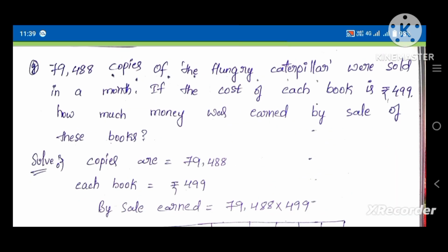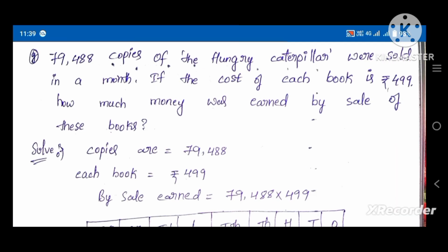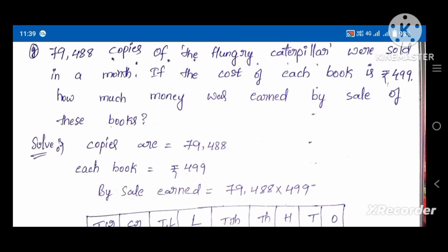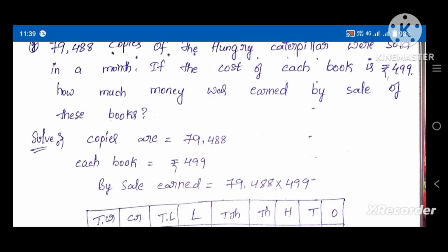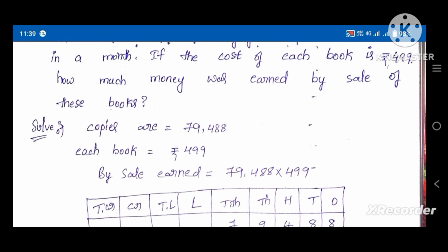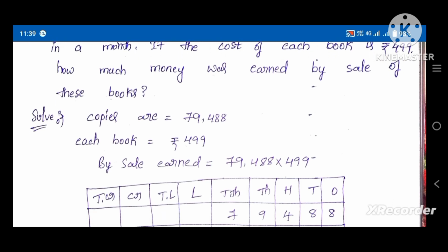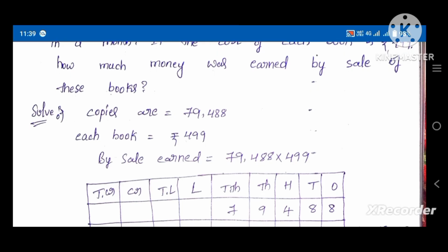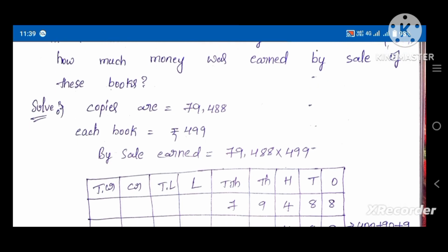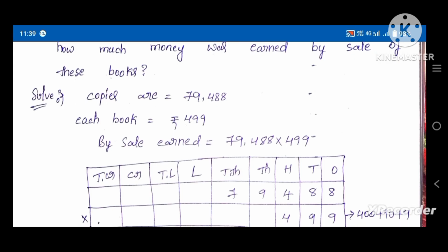Next question. 79,488 copies of The Hungry Caterpillar were sold in a month. If the cost of each book is rupees 499, how much money was earned by sale of these books? Copies are 79,488. Each book is equal to rupees 499. By sale earned is equal to